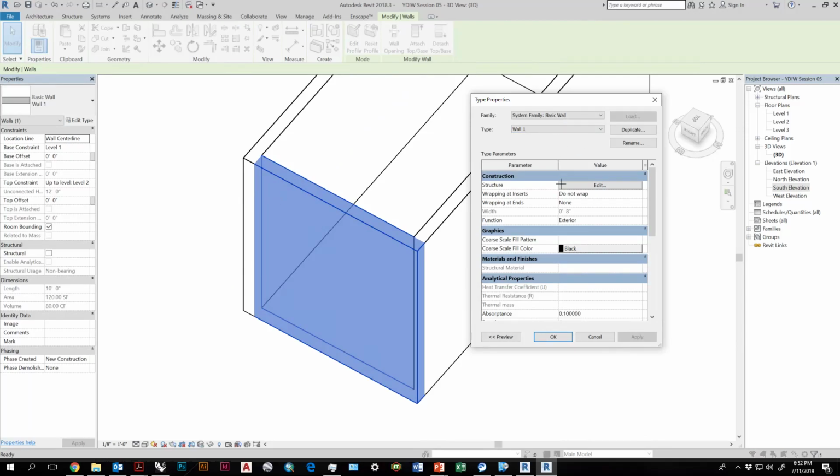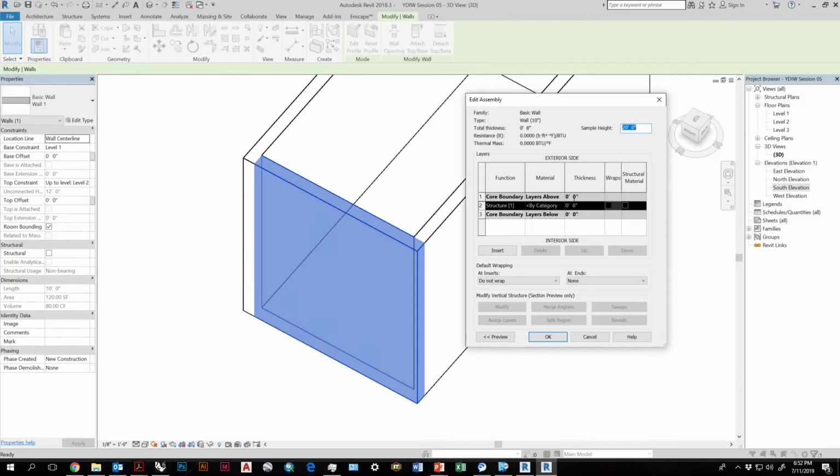So when you go into Edit Type, let's say I wanted to make a 10-inch version of this wall, but still retain my 8-inch versions. Over here, we've got wall 1. I'm going to hit Duplicate, and it will create wall 2 by default. I'm just going to call this wall 10 inches. That way I know what wall type it is. I'll also go back to wall 1 and rename that to wall 8 inches. So now I've got 2 types. Nothing has changed between them because I haven't actually changed the structure yet.